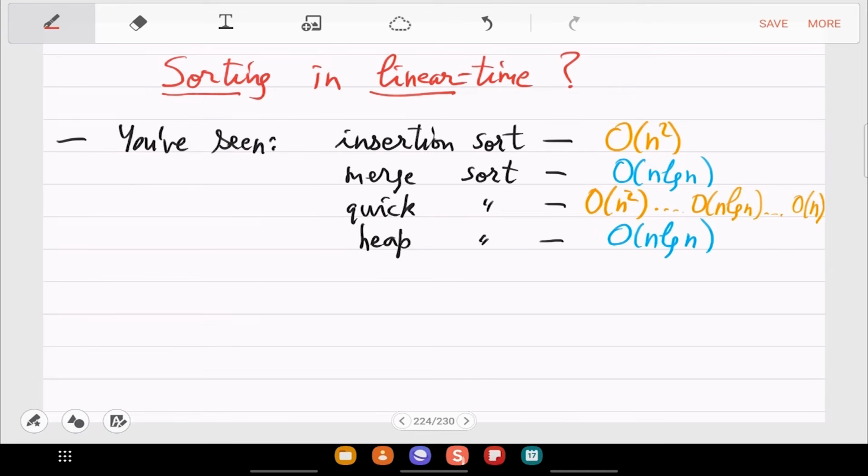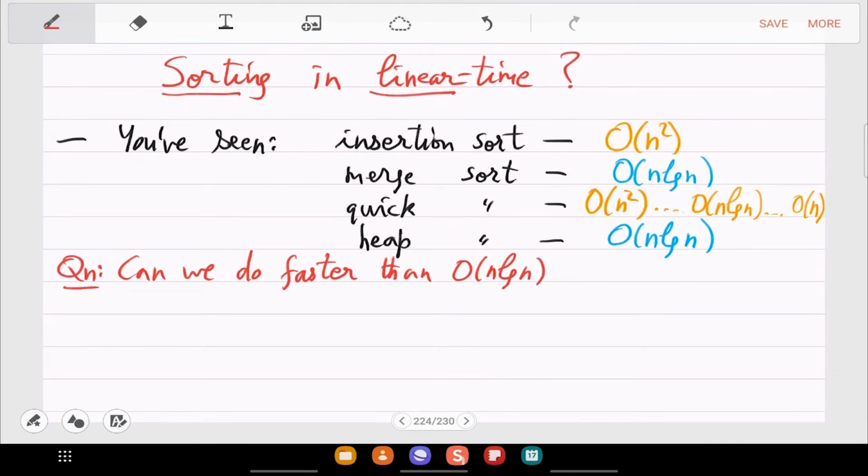The question is, can we do faster than n log n? And the answer is, is it possible to reduce n log n? In general, it should not be possible because